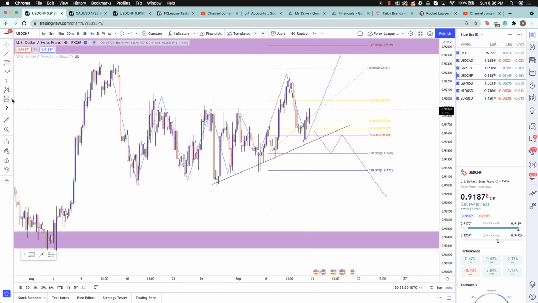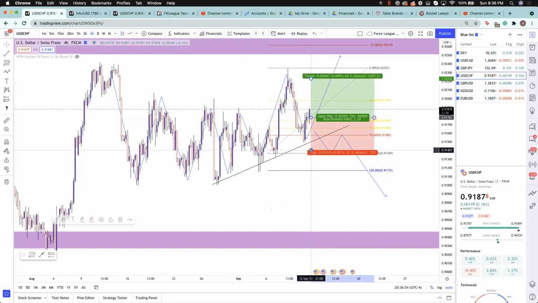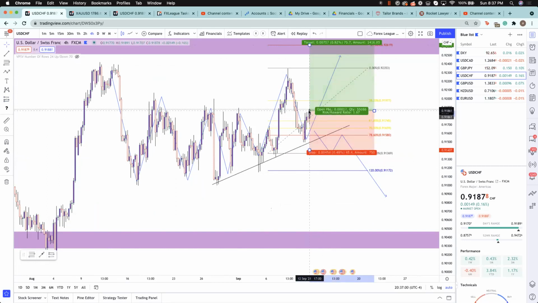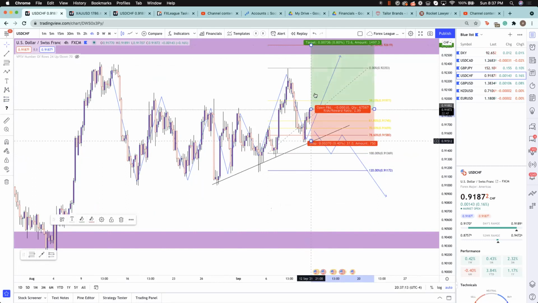So at this point, this would kind of be the swing trade idea. It would be putting stops around this area, targeting the -27 area, and going for like a 2.1 risk reward right here. So this would be the trade idea with USF. Honestly, if you did want to get in on this right now, I would probably throw stops in this area right here, 91500, and then just enter this thing and target the -27.